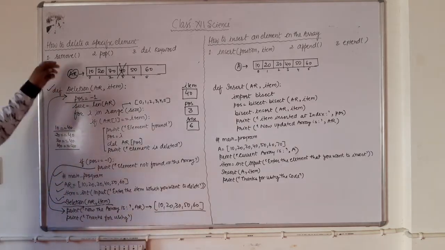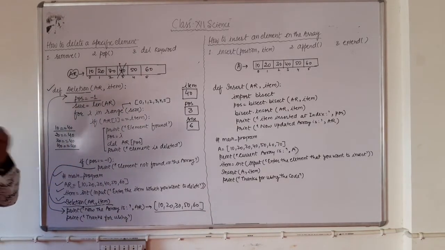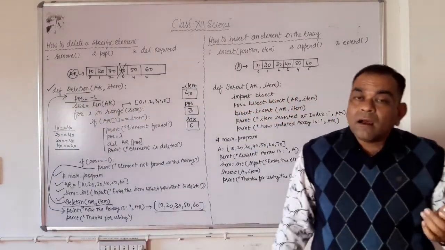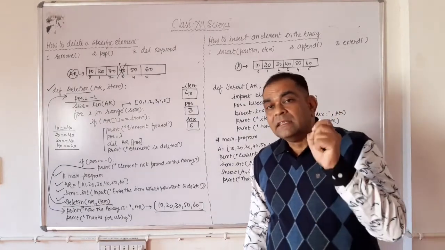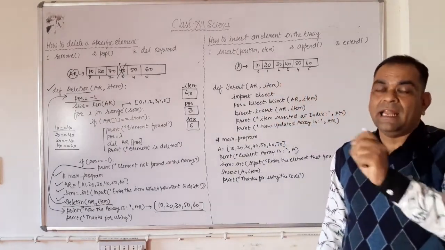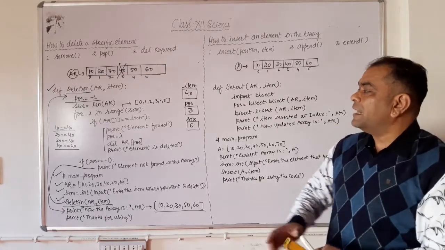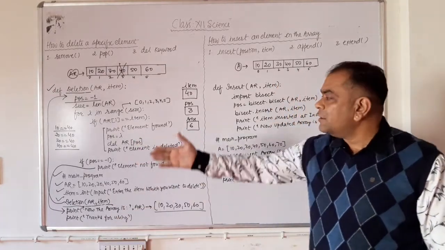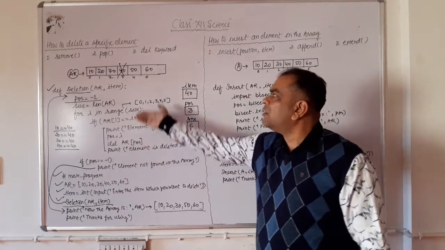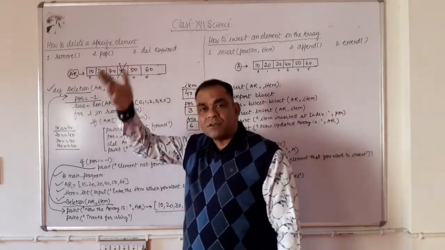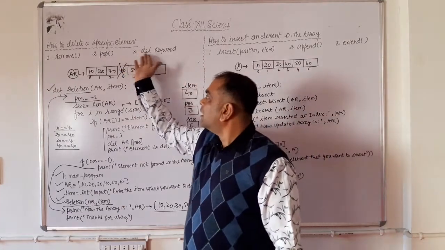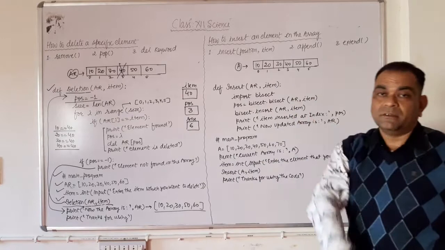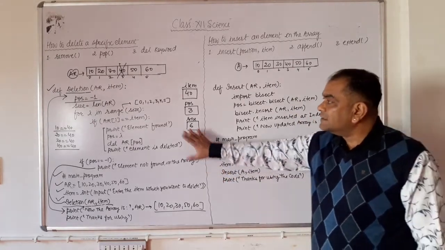Clear? So this is the deletion program, and here just see deletion can be done by getting the specific position of your array element. So very first, you have to find the specific position of the element. Right? If the element is there, then you just delete that element by using delete, or you can delete the element by using pop function also. Two different functions, one command and one function. These two different things work on the element position. Clear? So this is the deletion.